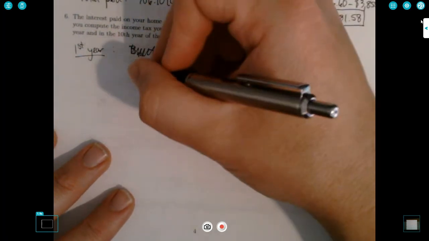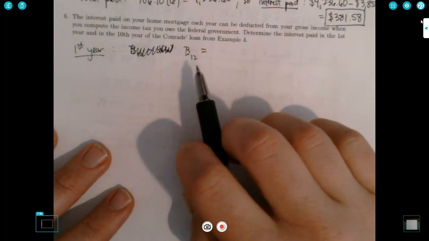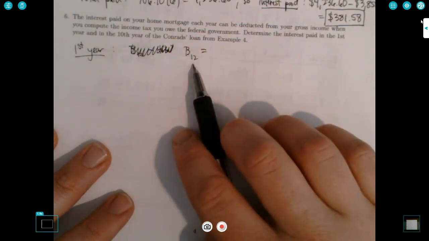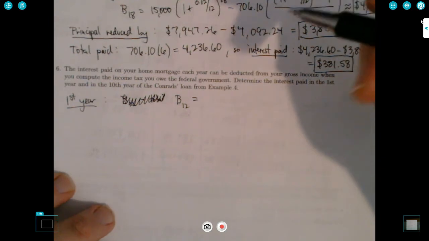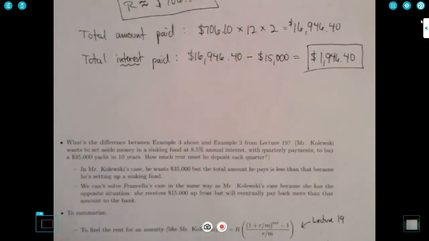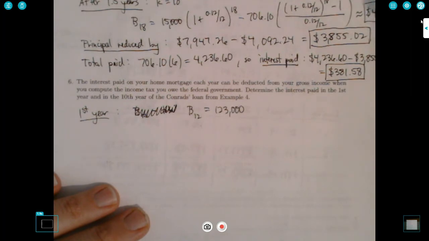Okay, so here's what we'll do. Let's figure out B12, right? B12, that's their balance after making 12 payments. That's how many payments they would have made after 1 year. So their balance after making 12 payments is, here's the formula, right? So it's going to be the principal. This is the Conrad's. So the principal is $123,000